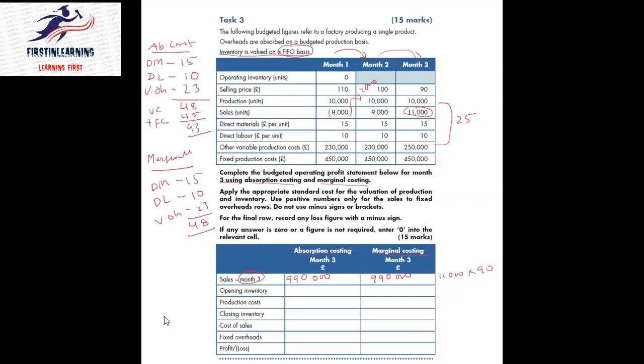And in month 2 we can see we make 10. So 2 plus 10, that gives me 12, and we sold 9. So basically 3 left as the closing inventory, and whatever is the closing inventory here, that will be the opening inventory here, 3000. So 3000 basically the opening inventory for month 3. So we can say 3000